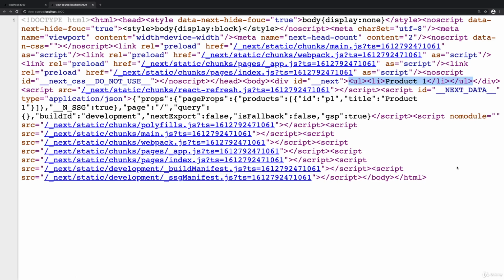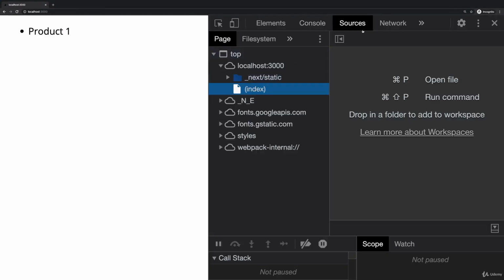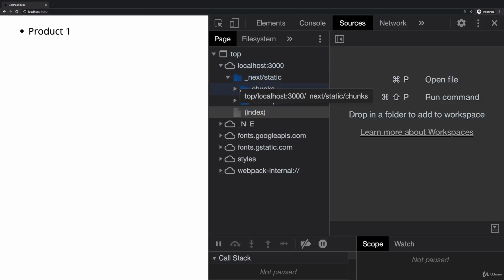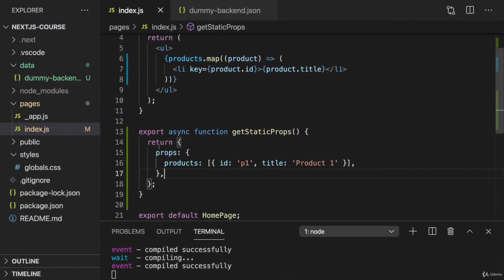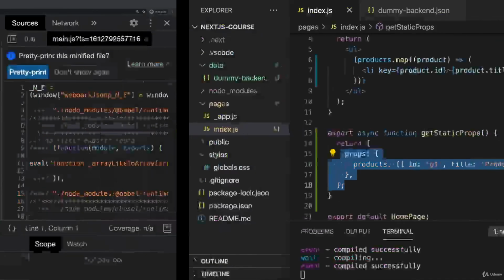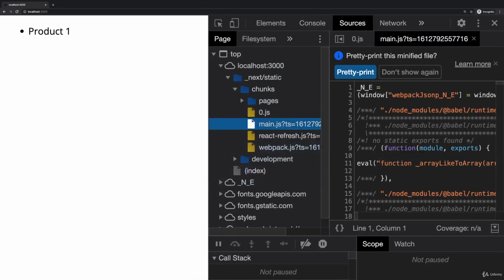So fetching that product data did not happen on the client, it happened on the server. And if we would dive into the Sources tab of the DevTools and look through the JavaScript code files, you wouldn't find that code anywhere in those files, because it's not part of the code that's shipped to the client